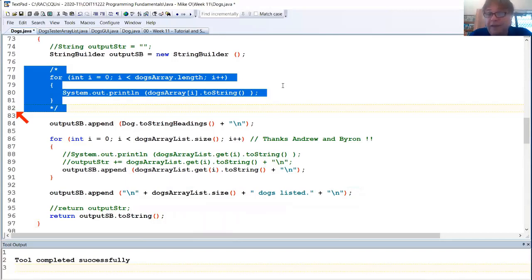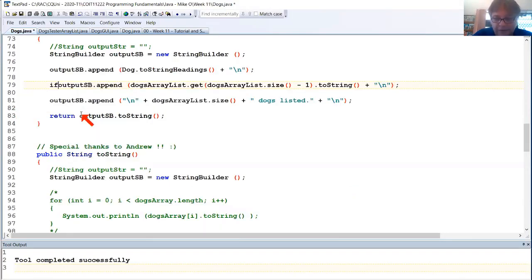Okay. And of course, we only want to do this if the size is greater than 0. If the array list is greater than 0,